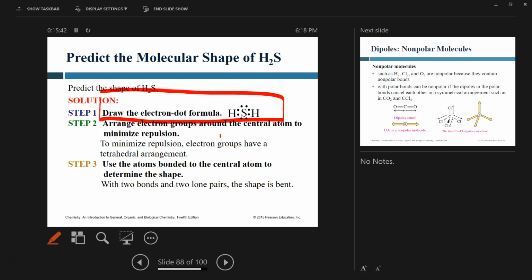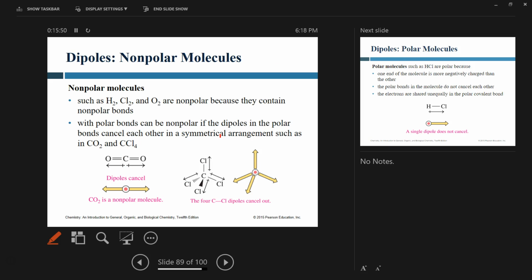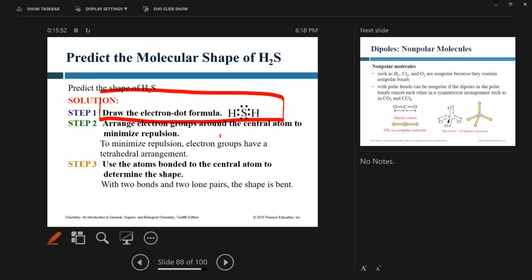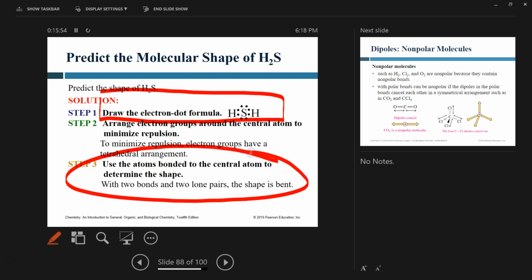Does that make sense? So basically you treat your lone pairs just like bonding pairs. But in the end, you kind of remove the lone pairs from the view and you use only the atoms that are connected to the central atom